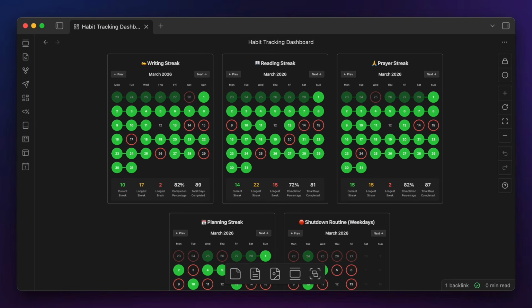But here's the part I really love. When you complete consecutive days, the dashboard draws green connecting lines between them. So your streaks become this visual chain across the weeks and months in your habit calendar. You can literally see your consistency at a glance, and once the chain starts forming, you really don't want to